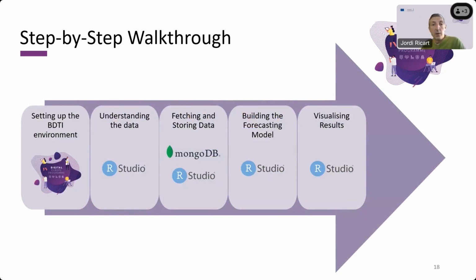In third place, we will write our scripts to fetch bike count data from the external API and store it in MongoDB. This step is crucial for ensuring we have access to the most up-to-date information for our analysis. We'll build the forecasting model using the XGBoost algorithm. We will develop a predictive model that forecasts bike counts for the upcoming week. We will cover key concepts like feature engineering, model training, and hyperparameter tuning.